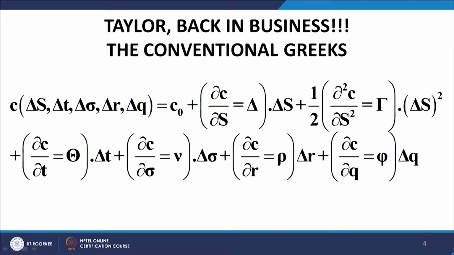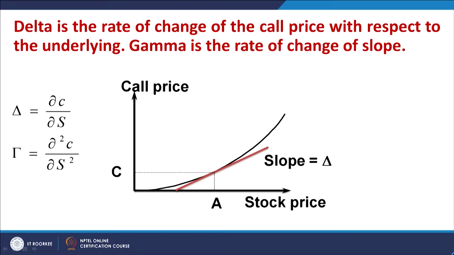Then I discussed the Taylor expansion in terms of these option Greeks. We will not go into that again. Then we discussed the first and perhaps the most important option Greek, which is delta. Delta represents the change in the price of the portfolio, with the call option epitomizing the portfolio, as we shall be using that. So, the change in price of the call option with respect to the change in price of the underlying.